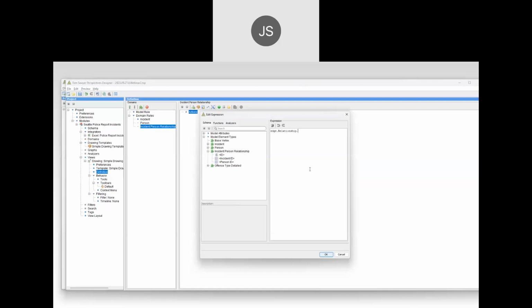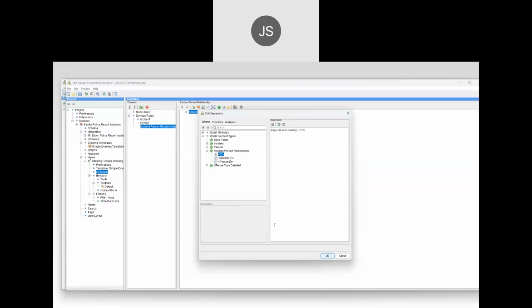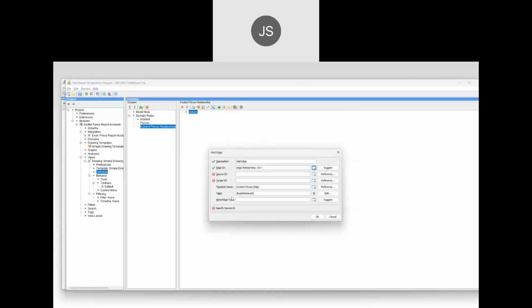And we will give it the ID. Now, the more interesting fields that we need to think about are what is the source and what is the target of our edge? Well, the source is going to be our node.incident